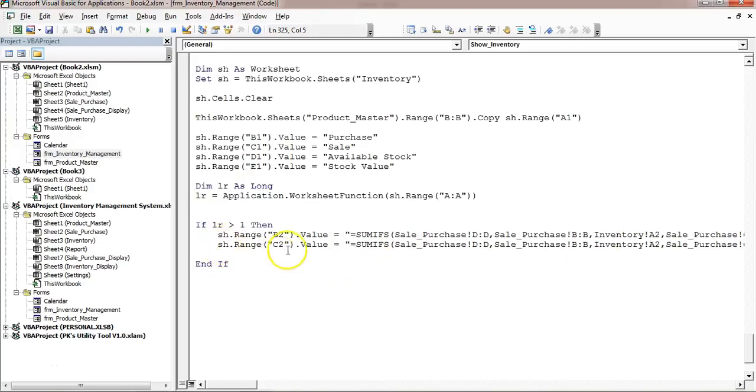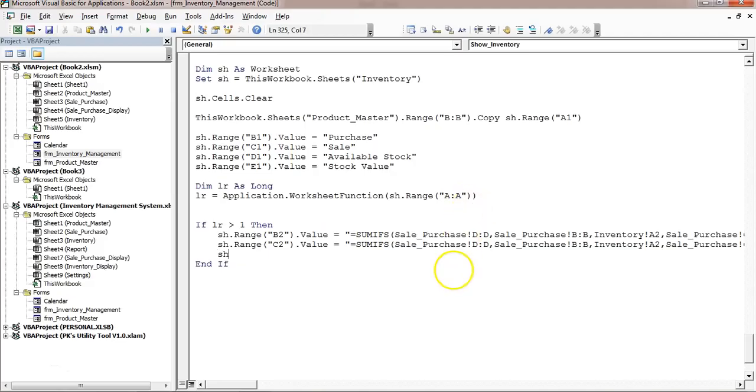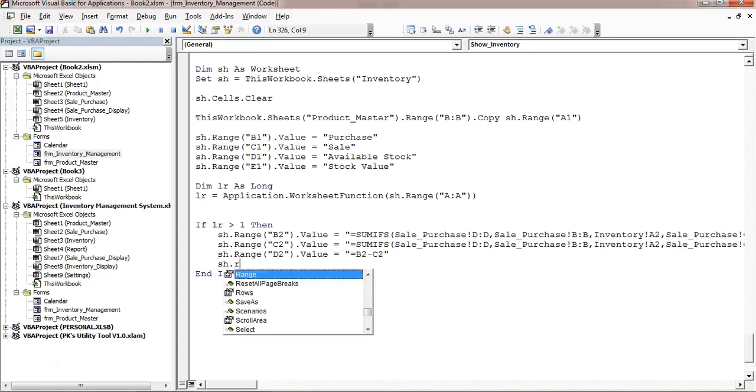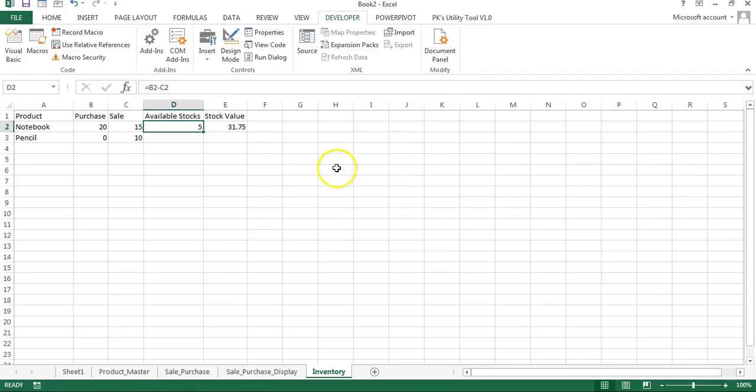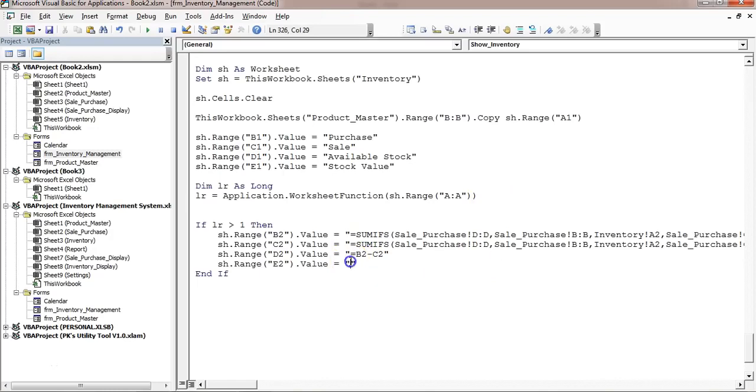And now the third formula will be the simple one, this one. We'll use here sh.Range D2.Value, then we will use sh.Range E2.Value, and here we will put the formula whatever we have put here. Just copy this and paste this here. Alright, so we have put all the formulas.